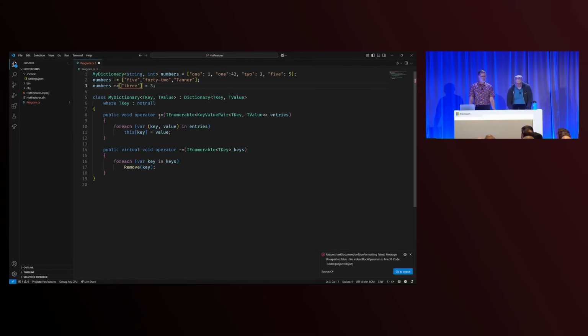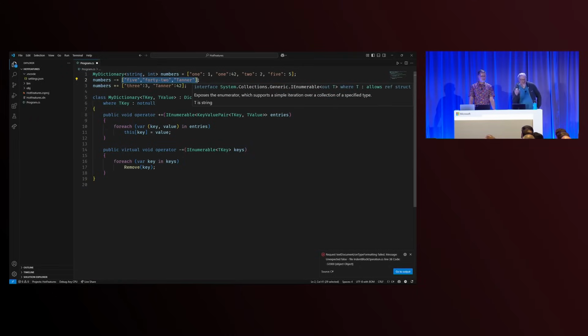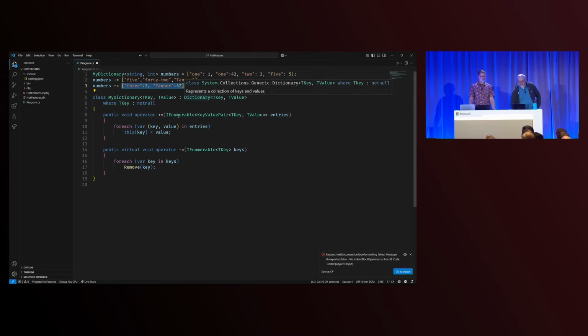Whoops, I can use the correct notation on my keys, and we could do this. And we could put a dictionary expression. This one has a collection expression on the side of just the keys, just strings. But this now has a dictionary expression that gets turned into an IEnumerable of key value pair, and then inside we just set each one.